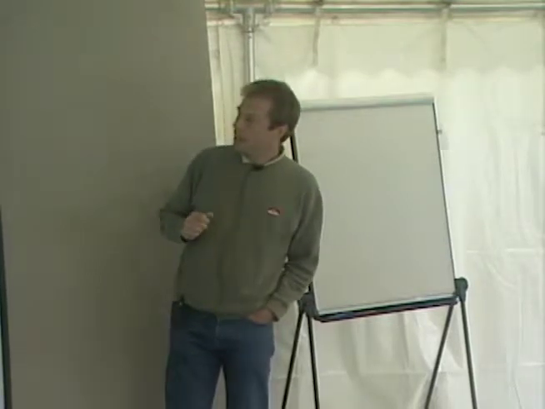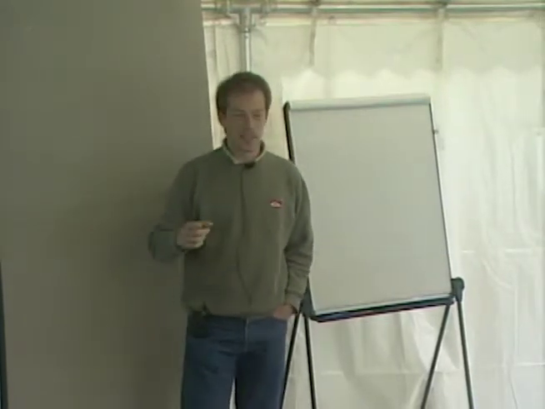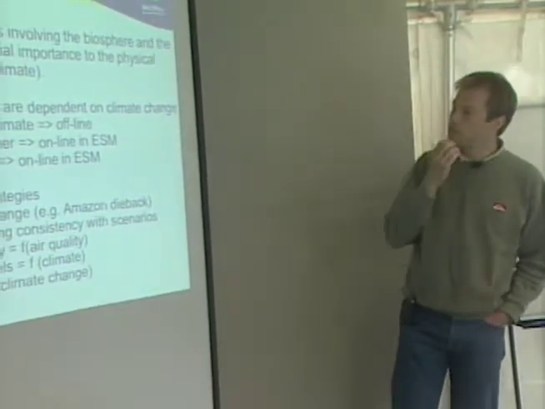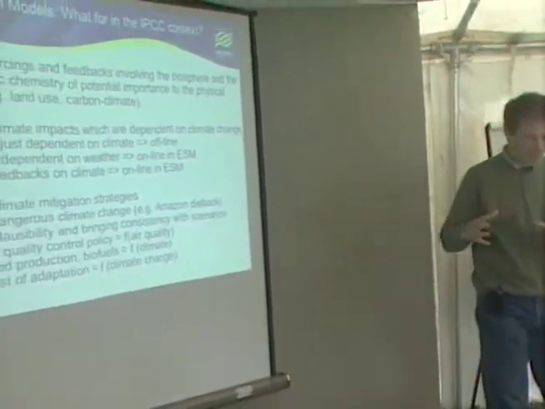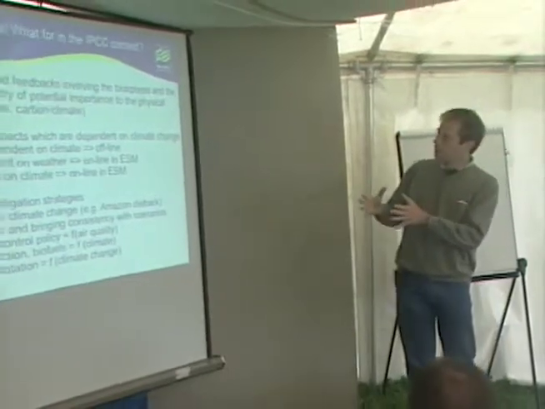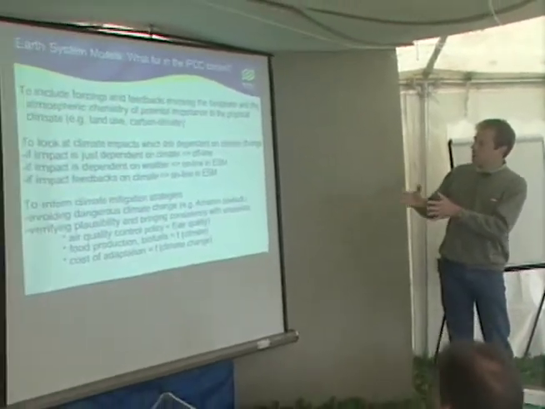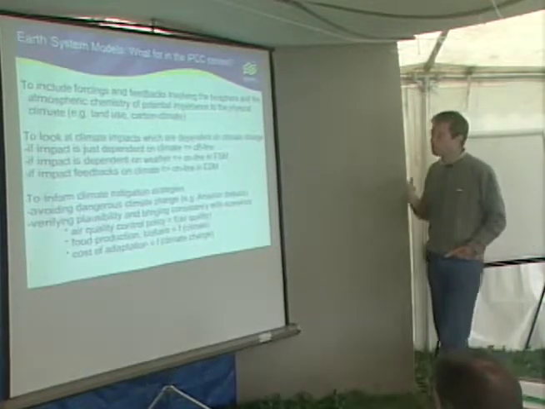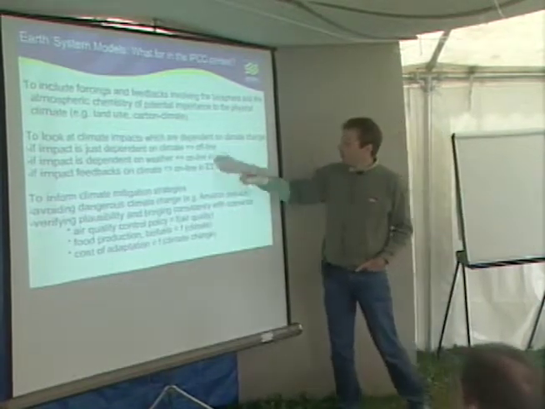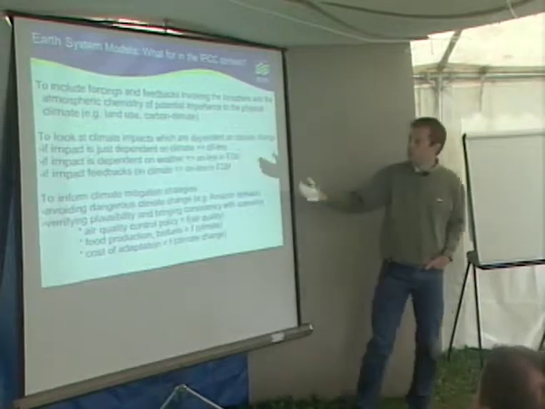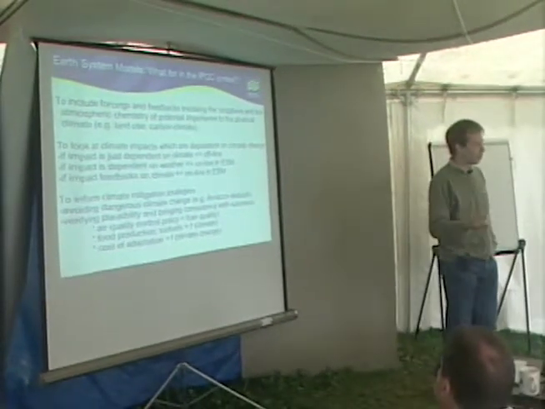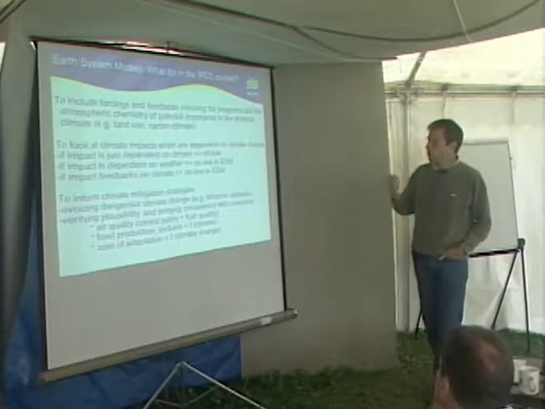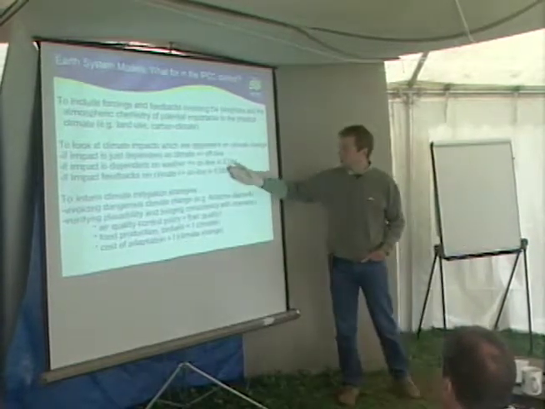If the impact feeds back on climate, then that's another reason to look at the impact online in an Earth system model as opposed to offline. So we are gradually moving to a stage where the impact assessment will be moved towards the Earth system modeling. An example of this would be crops. Climate change will affect crops, but crops in return will affect the climate because of evapotranspiration, fluxes, etc.